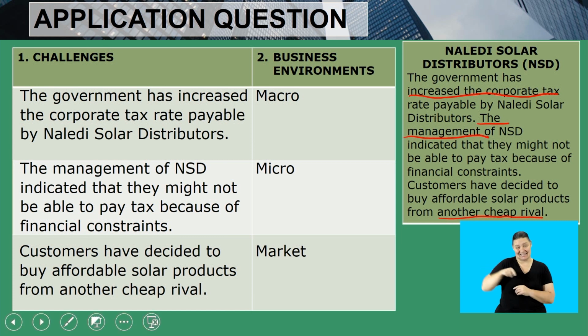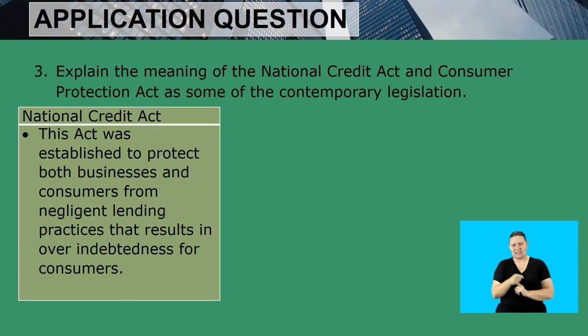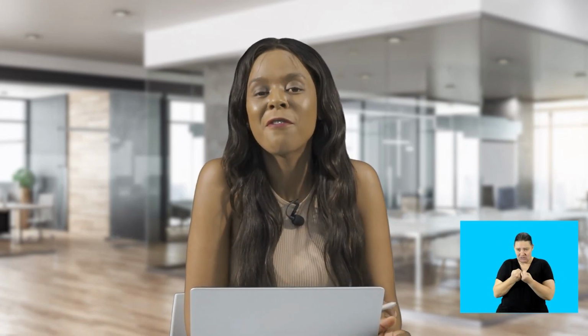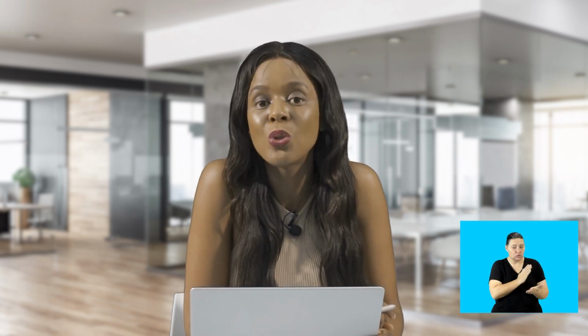Now, let's move on to the third question. Explain the meaning of the National Credit Act and Consumer Protection Act as some of the contemporary legislation. This act was established to protect both businesses and consumers from negligent lending practices that result in over-indebtedness for consumers. So, the National Credit Act was not only established to protect consumers from being granted loans recklessly by businesses, but it was also established to make sure that businesses are protected from bad debtors, consumers who are not able to